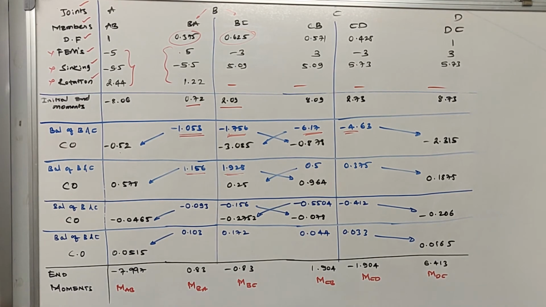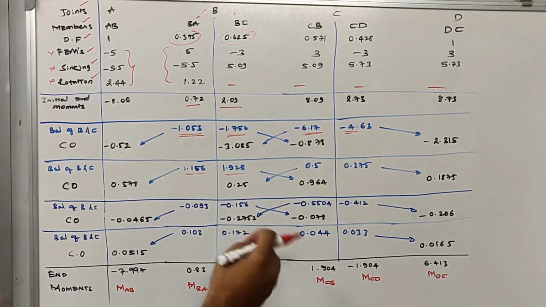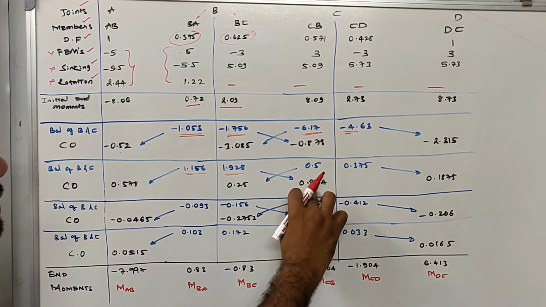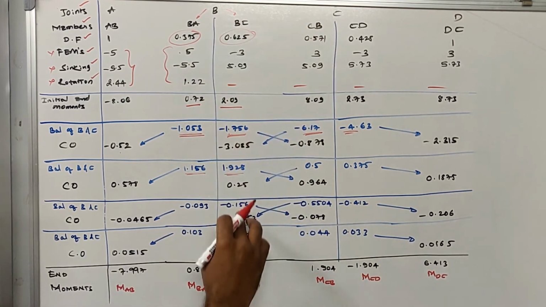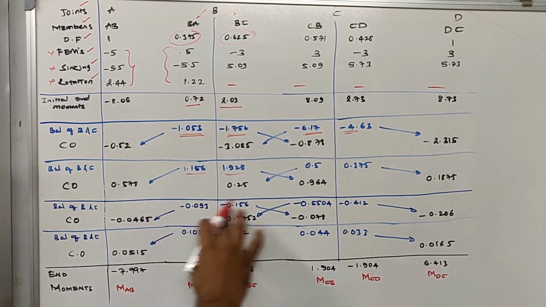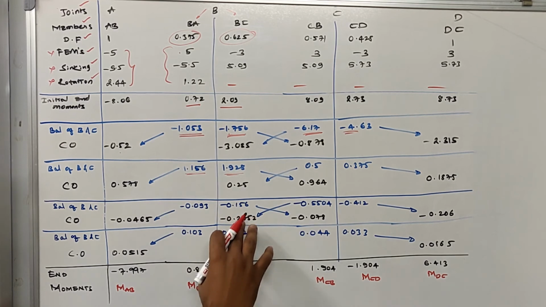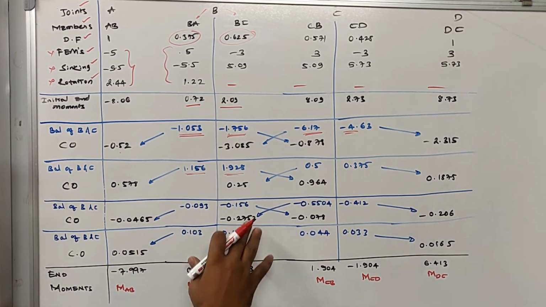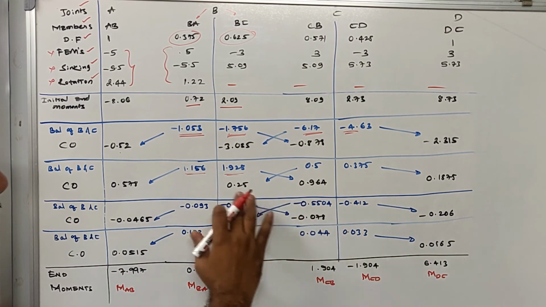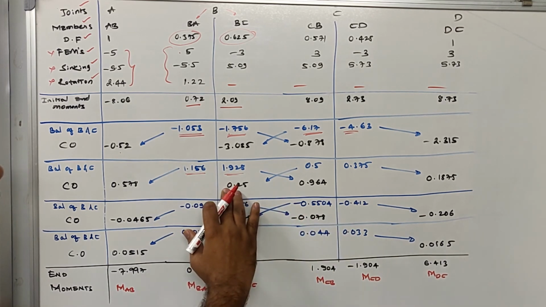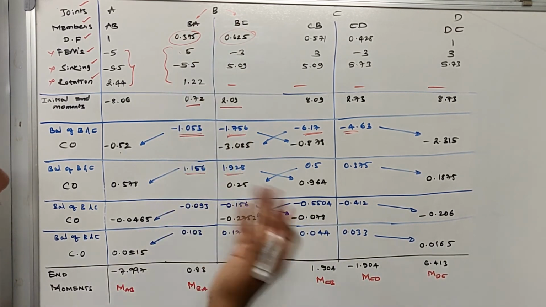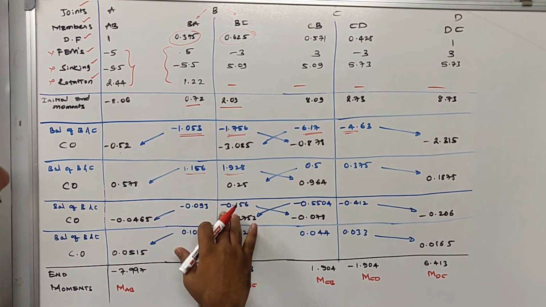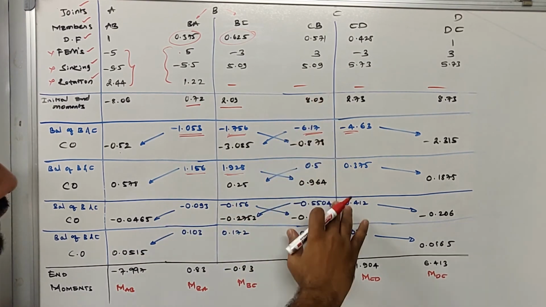Now again after the carrying over, we can see that there is imbalance between B and C. We'll go with another iteration. Once you reach another iteration, I thought that this was enough for me to solve or simplify. You can further simplify if you want to by the next step also. Now what I'll do is I'll balance. How do I balance? This value that I got should be multiplied by the distribution factor and changing the sign, I'll balance it. Similar thing is done for joint C also.